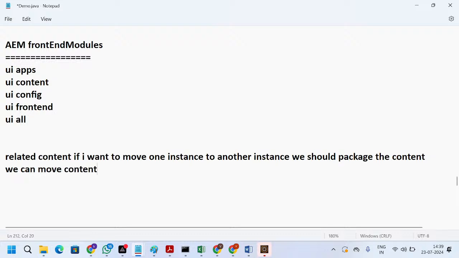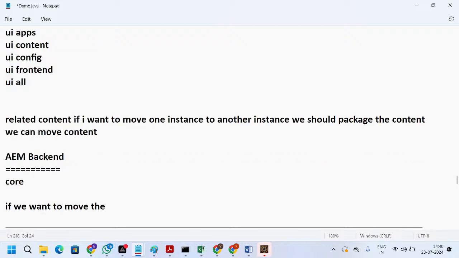Are you guys clear with my point? For example, you have created one component. If you want to move the component from one environment to another environment, we should package, and then we can move the content. For backend Java files